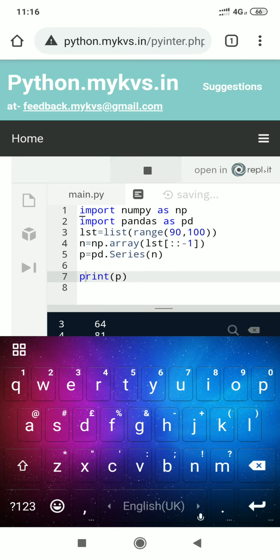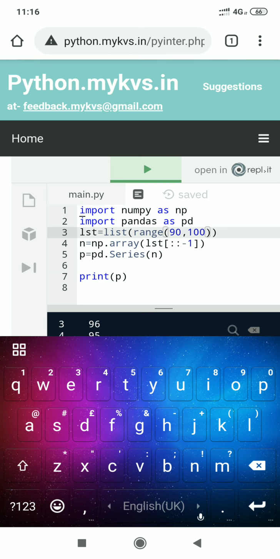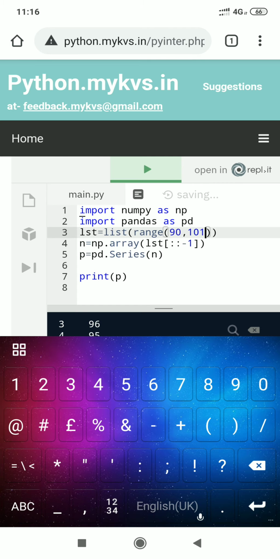Now execute the same program. It is displaying 99, then 98, 97, like that till 90. So to receive 100 we have to mention 101 here. Now we are getting numbers in reverse order.